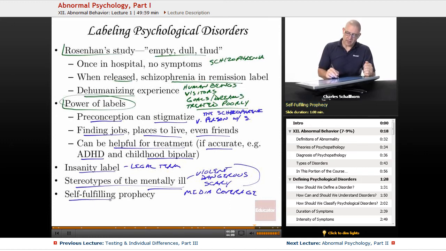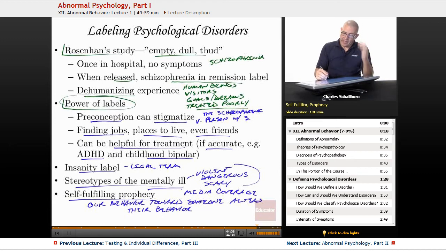And then, of course, there's the idea of self-fulfilling prophecy, which we will get to in the social psych unit. But that our behavior towards someone alters, and of course I'm having trouble with my spelling again, T-H-E-I-R, alters their behavior. And what that will do with the self-fulfilling prophecy,